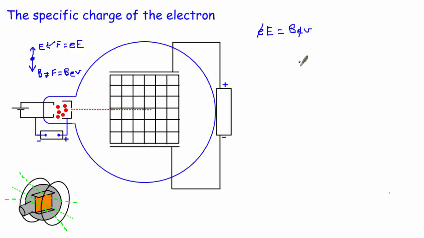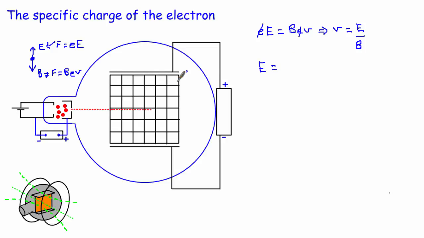These charges cancel out because they're the same charge, so that gives us a very straightforward way of calculating the velocity. So the velocity is simply equal to the electric field divided by the magnetic flux density. So this gives us a much easier way of calculating the velocity. Because the electric field strength is really easy to calculate,